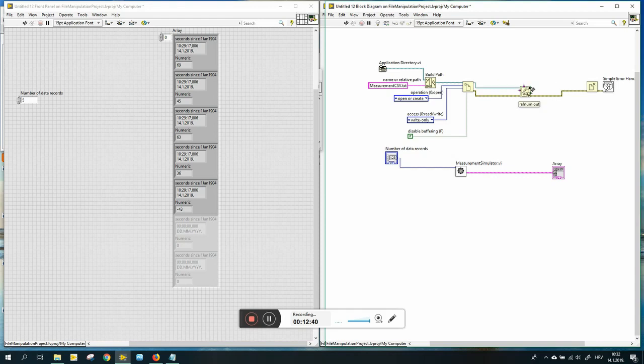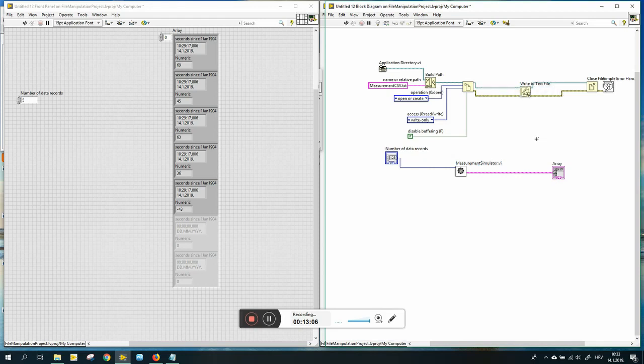Okay, this reference we probably want to connect to the close file function. I'll just enable the label for here and here. So when our writing is done, we will close the same file that we opened. This reference needs to be connected to all the functions that work with the same file. Here,